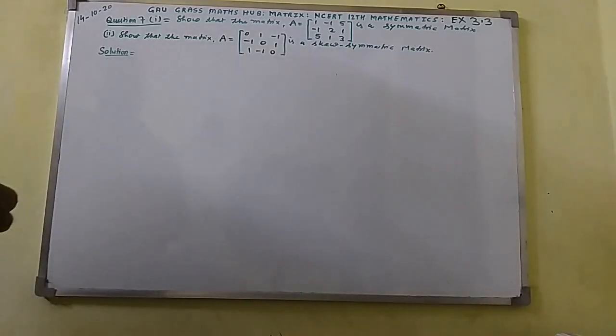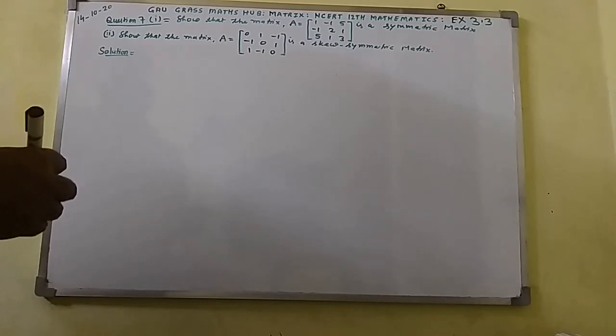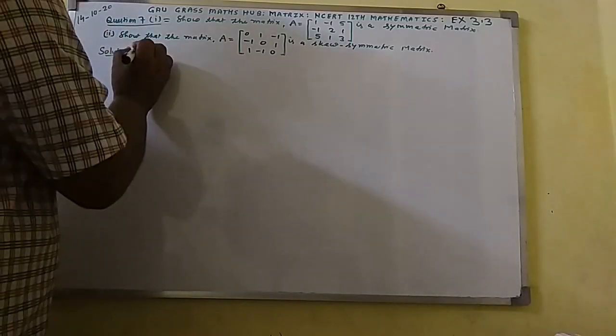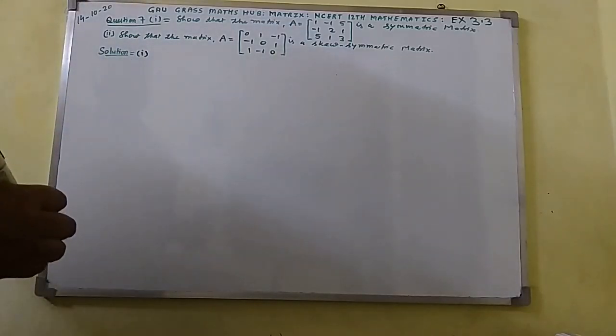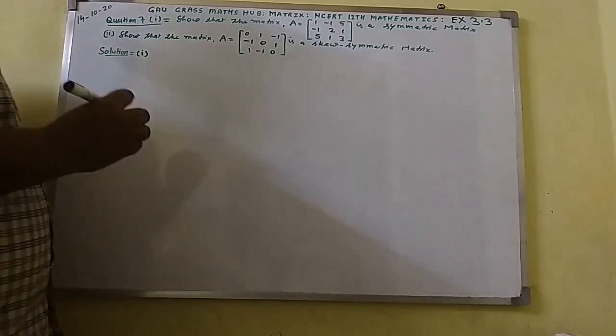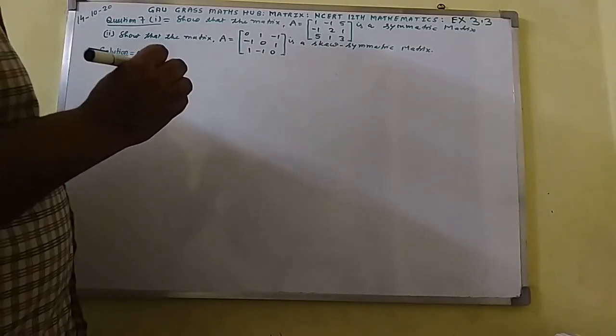Now come to the solution. Here I shall explain the solution. First of all, I shall take the solution of question number 7 Roman 1. Here I shall write given that